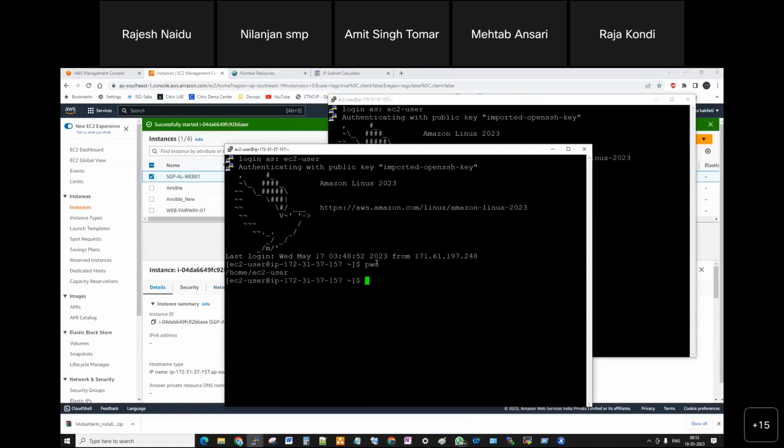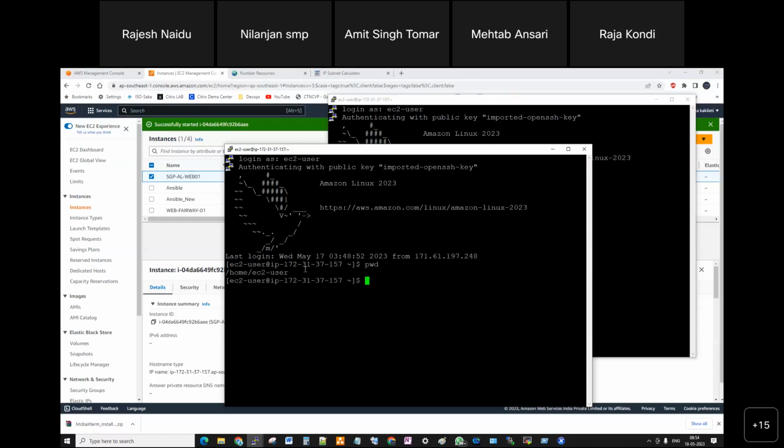Pwd, print working directory, or present working directory, whatever it is. So you are in /home/ec2-user. This is the location you are currently in, and your screen shows it here. Guys, don't write any notes, I will give them to you. So this is the way your present working directory will be available.